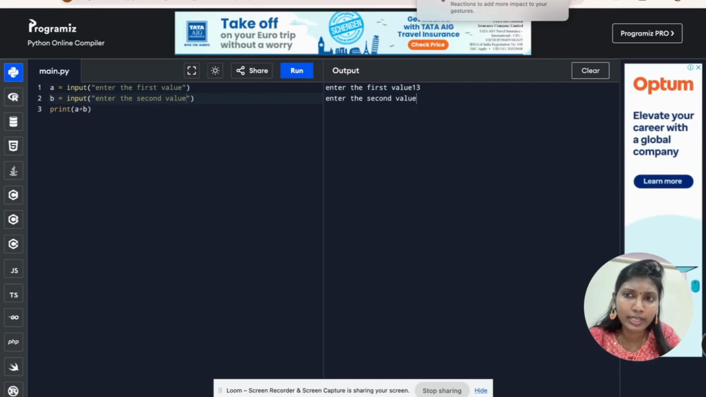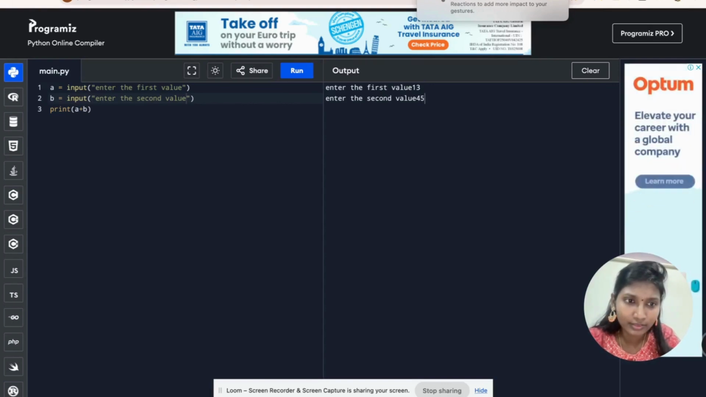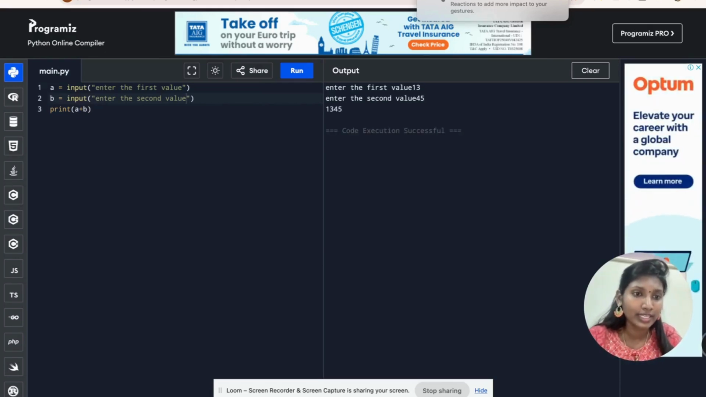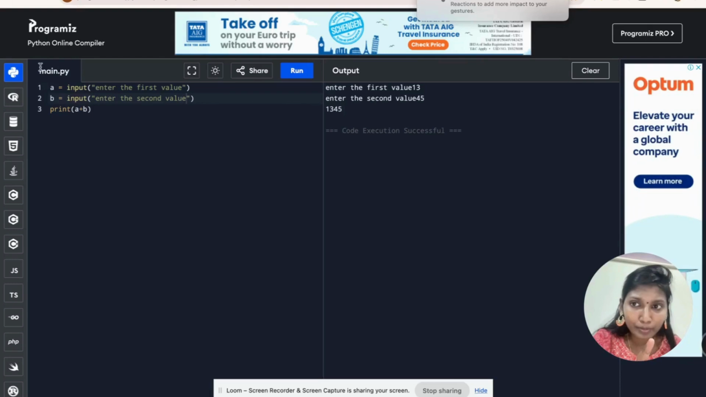So it is asking me to enter the second value. I am going to give you 45. So what would be the answer now? You're thinking the answer is 58, right? But no. See what the answer is. It is 1345. It simply adds the two values side by side, because in the input statement we have four